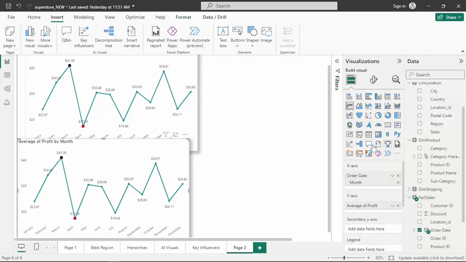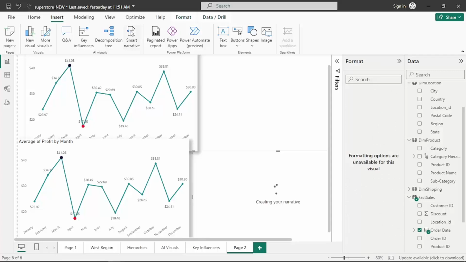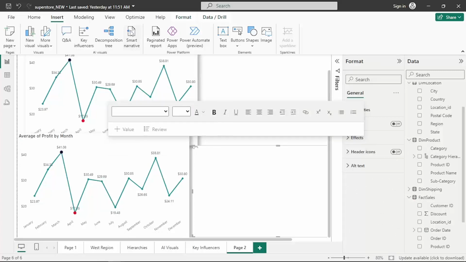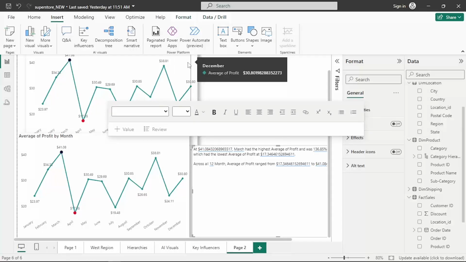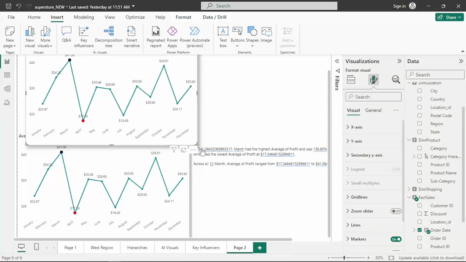So you can see this is the smart narrative visual. Awesome. So as you can see, we have here that